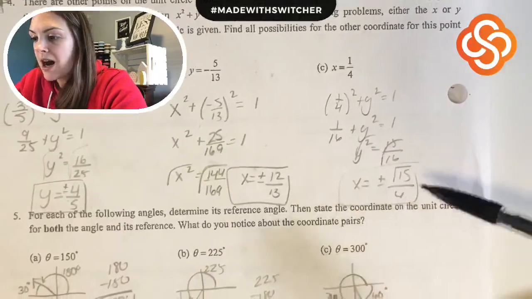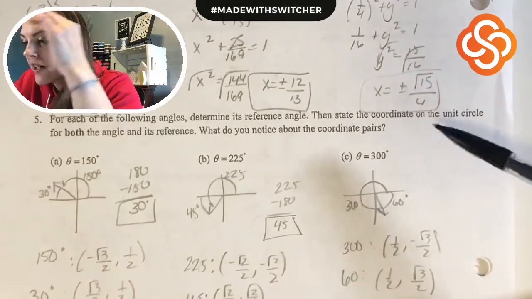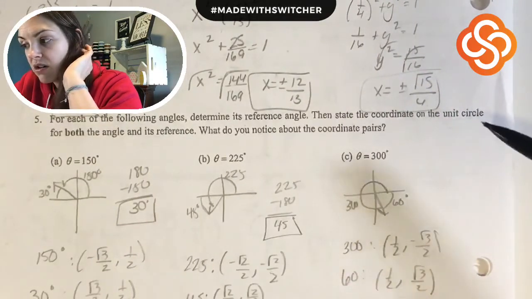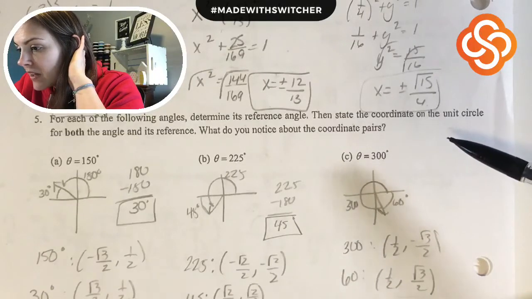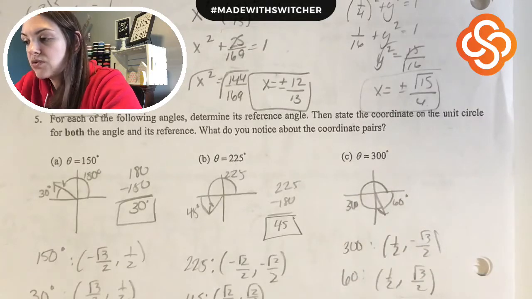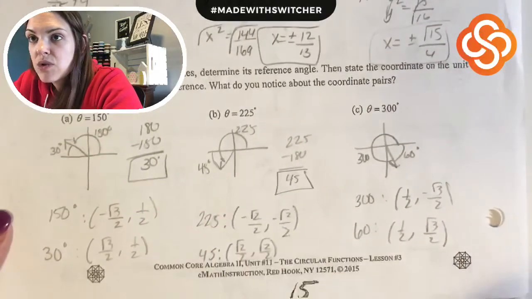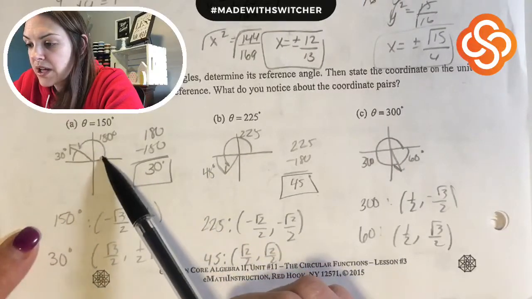Okay? Now for number 5, this one here says, for each of the following angles, determine the reference angle, state the coordinate on the unit circle for both the angle and the reference angle. And then again, it's going to say, what do you notice about the coordinate pairs? So most of you should have done the appropriate